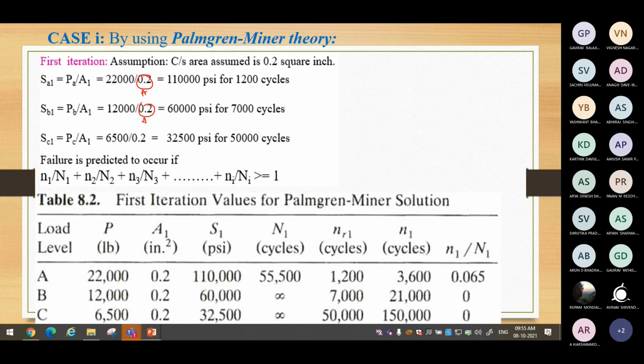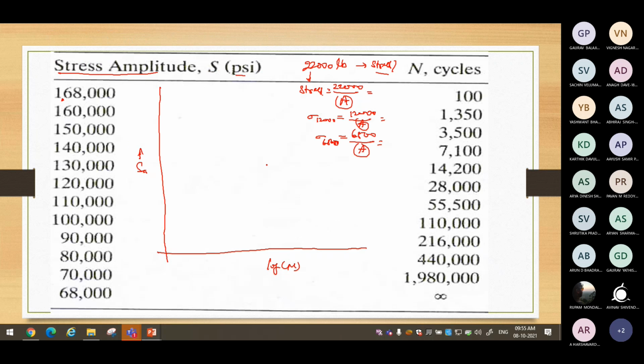What is assumed? A. This is assumed. Okay. You may not wonder from where this came. Assume cross sectional area to be 0.2 square inch. This is assumed. Some random assumption. Definitely with some understanding. Not random means we cannot take 100 square inch. Why it is assumed? So when you calculate, initially you take 10, no problem. Find out what is the stress value. If it is stress value is too low, when you divide that with 10 inch, then there is no meaning. The component may not fail at all. Okay, may not fail at all.